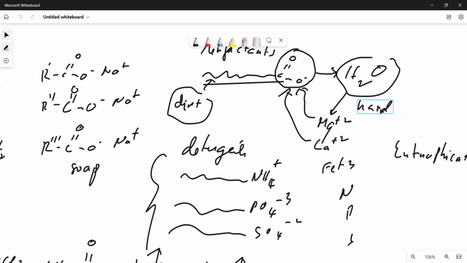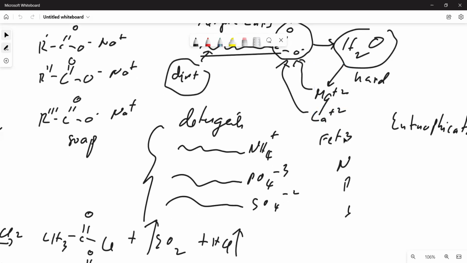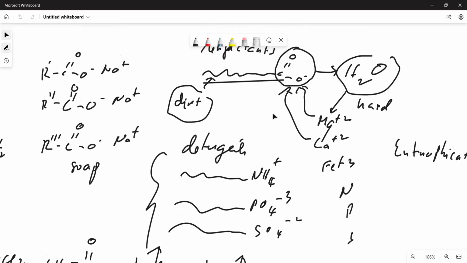If you are using hard water, it's a type of water that contains a lot of ions, like mineral water. Soft water is distilled water. In hard water, you can find cations like magnesium, calcium, iron. Now, there's a problem if you use hard water in washing, which is commonly used. We use deep well water.